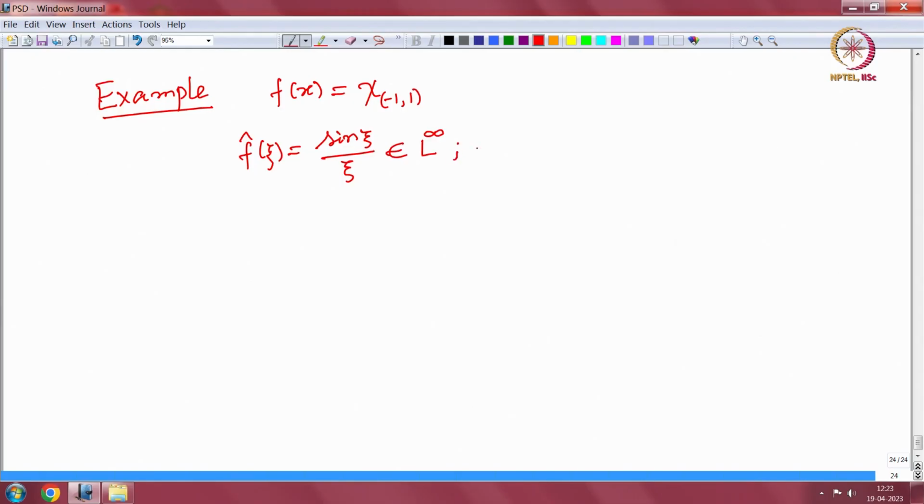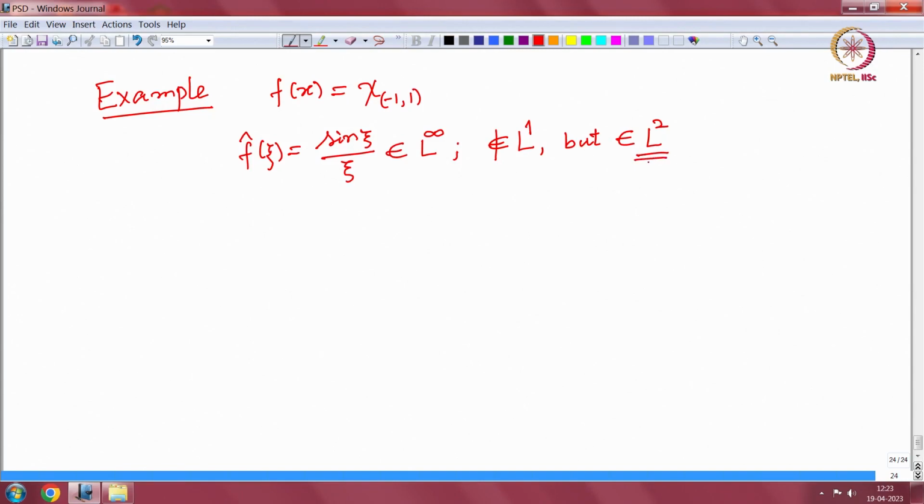But the important thing to notice is that this is not an L1 function, but it belongs to L2. If you have not done this, you should do it. Later on, because it belongs to L2,